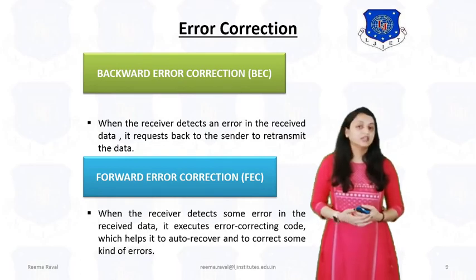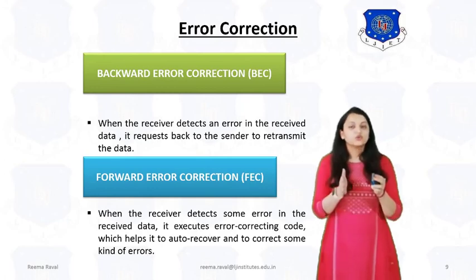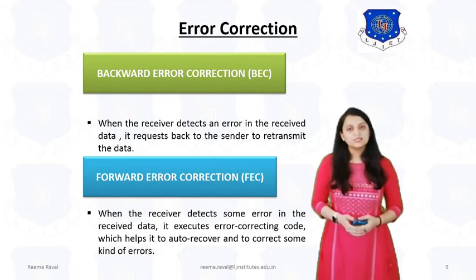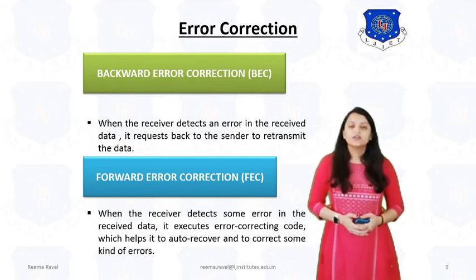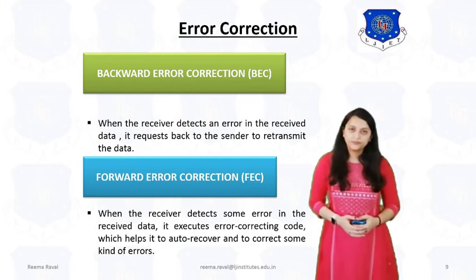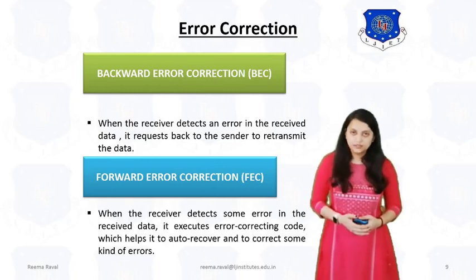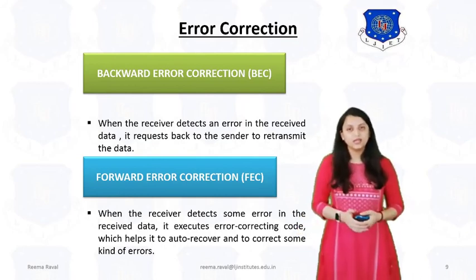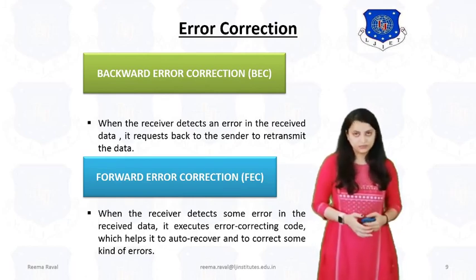Now, as we have seen the types of errors, we need to understand how we can detect and correct these errors. To control these errors, we have 2 different error control mechanisms. The first one is error detection and the second one is error correction. In error detection, we have seen there are 3 types of methods. First is parity checking. Using odd and even parity, we can identify the errors. Next is the checksum method. By producing the checksums at the sender and receiver and comparing them, we can identify the error. And the next one is the CRC method, that is the cyclic redundancy check method.